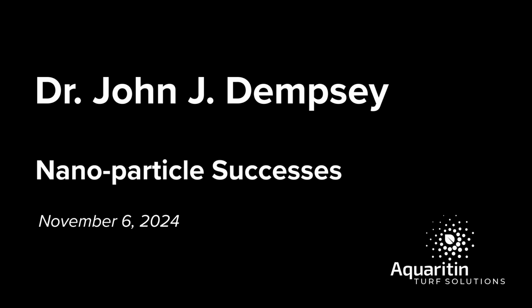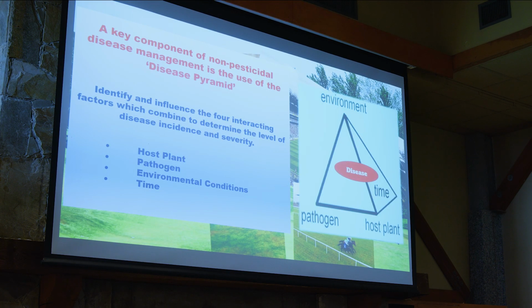So we have to look at ways to control disease without fungicides. And what we use, as a plant pathologist, people always put up the disease triangle. Presumably you're familiar with the disease triangle, where you have disease, but I use the pyramid of disease. I saw this first in an Indiana Jones film, the Pyramid of Disease. It's very good. So we have the pyramid of disease where there's 4 factors interacting to affect the level of